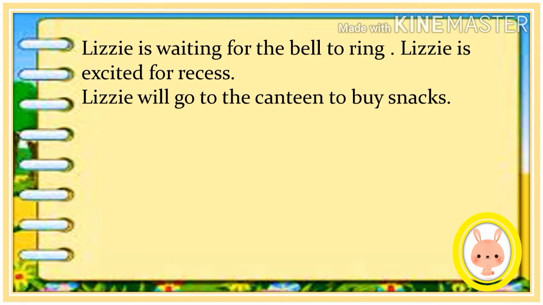Leslie is waiting for the bell to ring. Leslie is excited for recess. Leslie will go to the canteen to buy snacks. So as we can see, we have the noun Leslie. In the example, the word Leslie is repeated in every sentence, and as a result, this sentence is difficult to